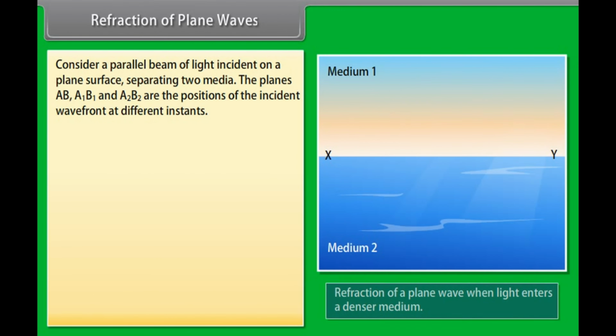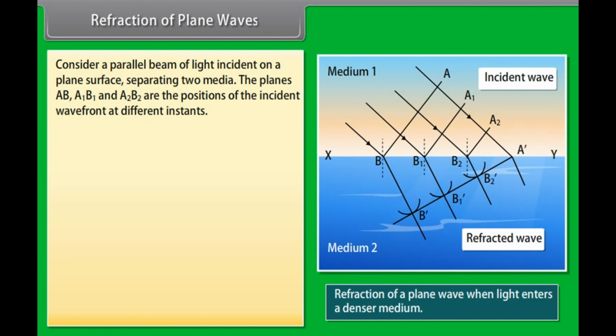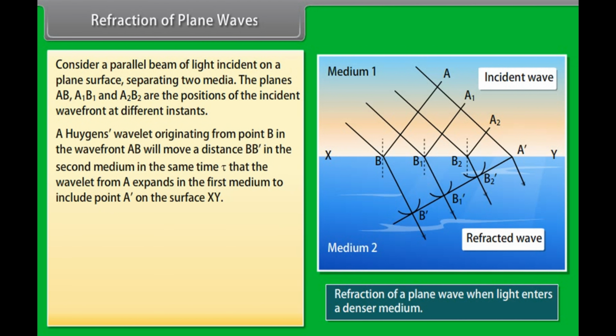Refraction of plane waves. Consider a parallel beam of light incident on a plane surface separating two media. The planes AB, A1B1 and A2B2 are the positions of the incident wavefront at different instants. A Huygens wavelet originating from point B in the wavefront AB will move a distance BB' in the second medium